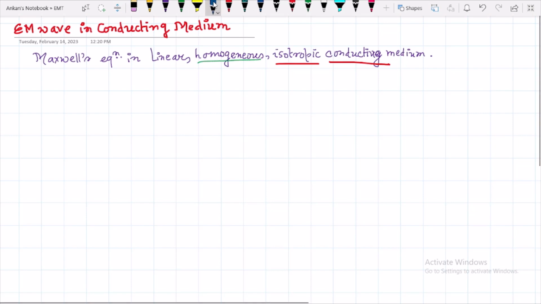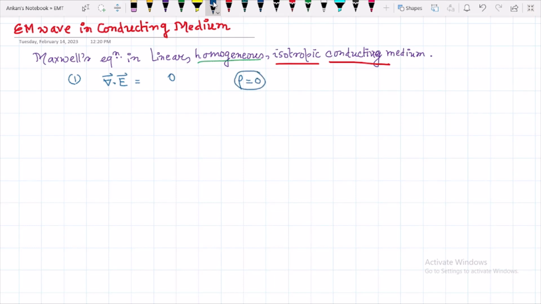Okay, so let me write. What is the first Maxwell's equation? Del dot E is equal to 0. Why 0? I consider here that there is no charge density present